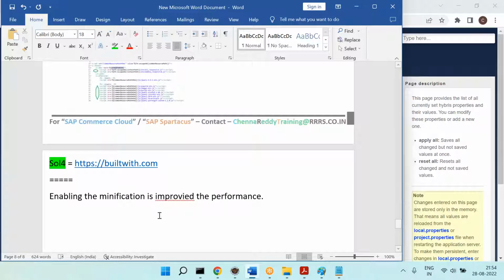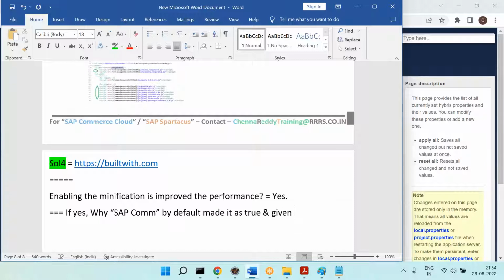If yes, then why does SAP Commerce by default not make it true and give that functionality,